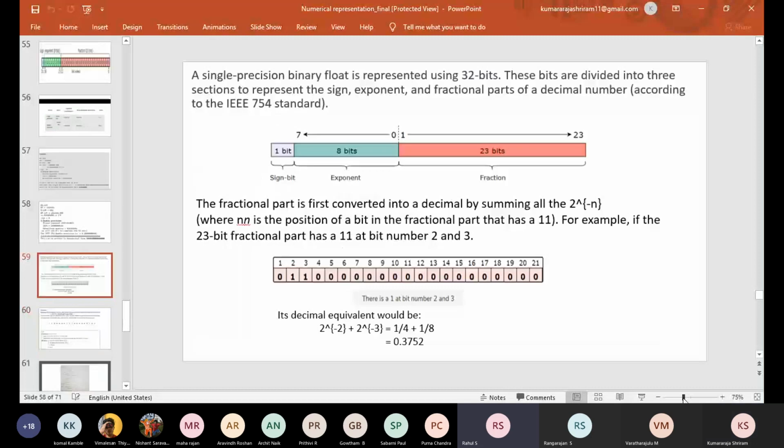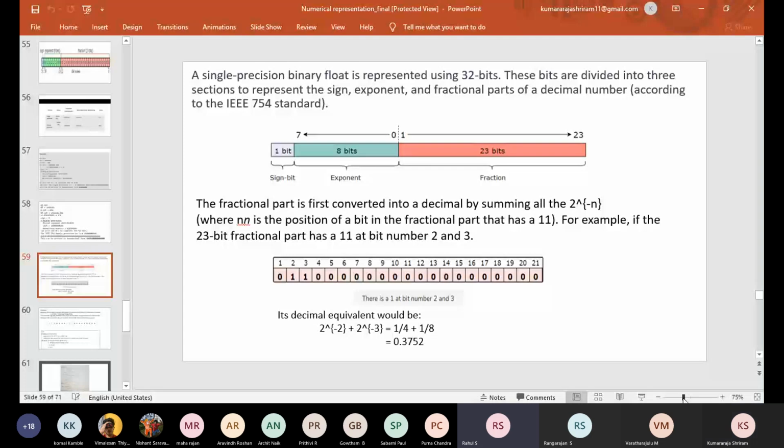So till now we have seen the conversion of a number into single precision. Now let us see how to convert a single precision floating point number back into a decimal number. So this is how it is laid out. You can see the second diagram. This is how it is placed. It will go up to 32 bits. I have not drawn the whole diagram; I have stopped at 21 itself. The rest is all 0, 0, 0.